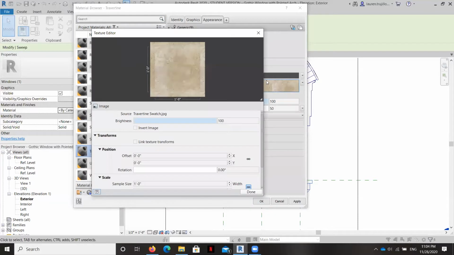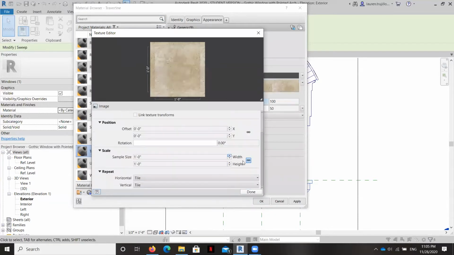I'm going to adjust the size of it so that it's nice and big because I don't want any tiling, and we wouldn't see a lot of seams from far away because this would be so small on the facade anyway. So I don't need to worry too much about perfect graphics here.